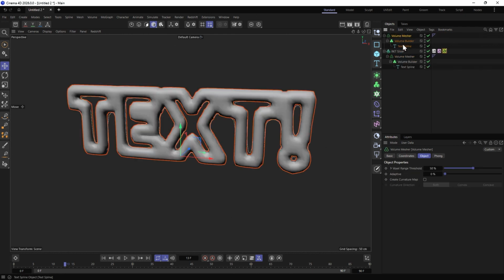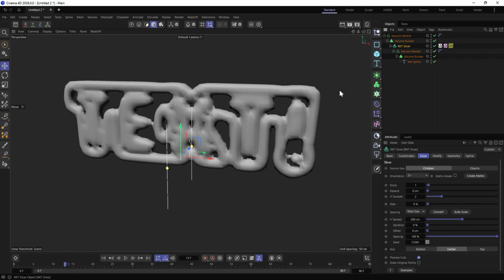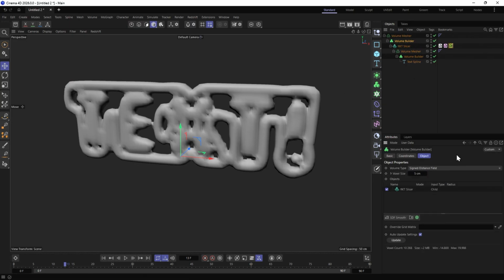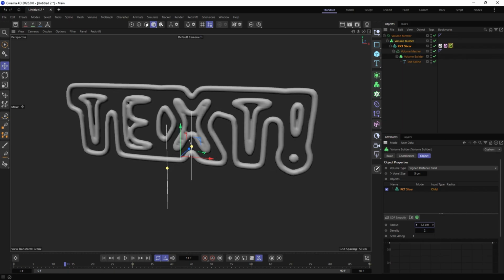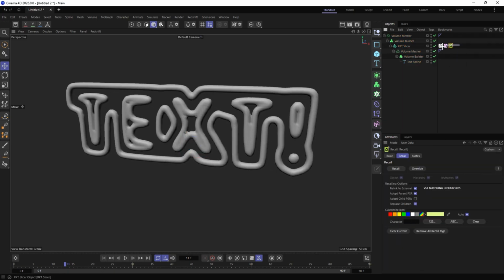I'll make a copy of that volume mesher, drop this inside, and now a little more detail on that. We'll say that that's going to get smoother, and we'll make this line a little bit thinner and subdivide a little more often, make that more skinny. There we go. Something like that. We don't need to go too crazy. So we got this shape,